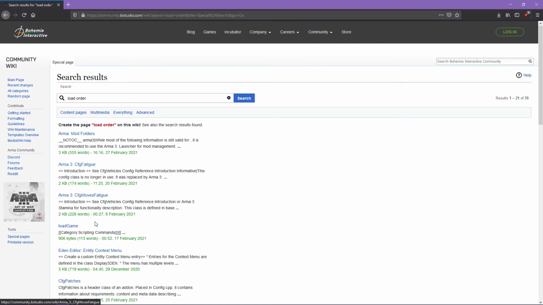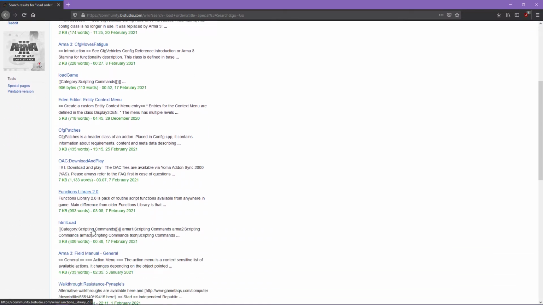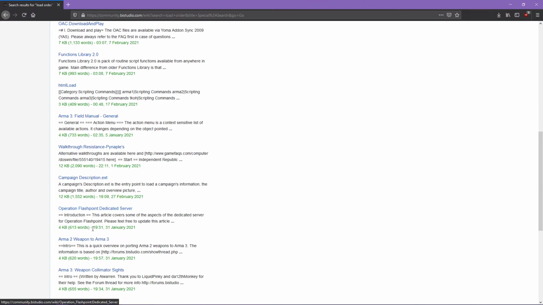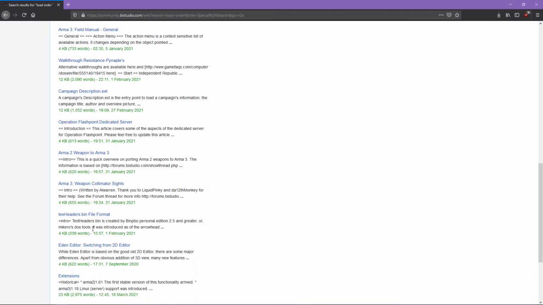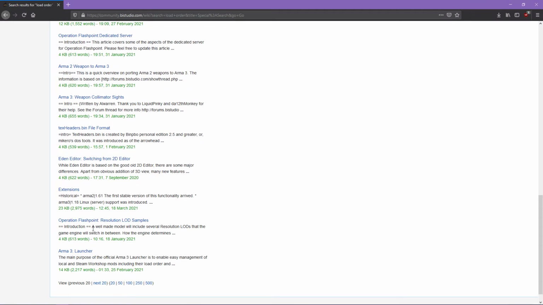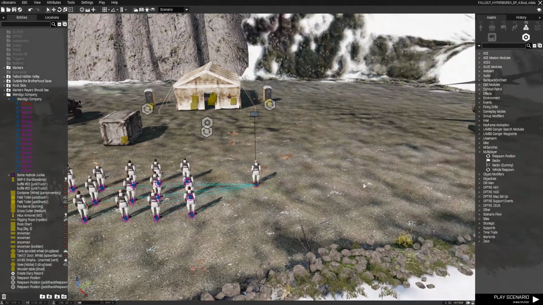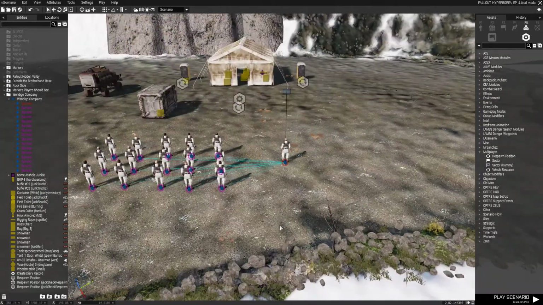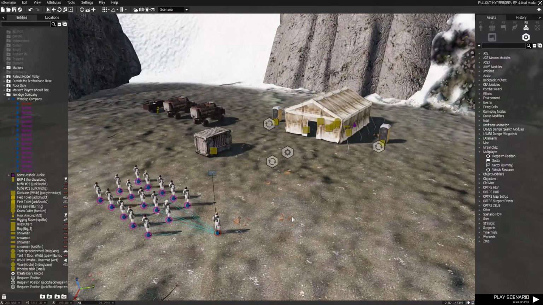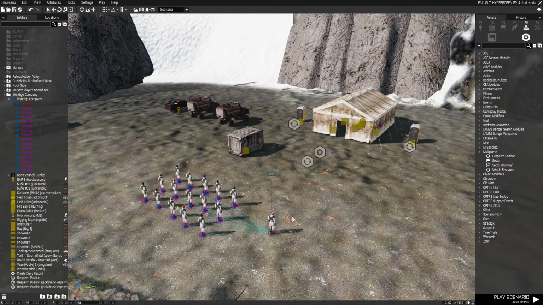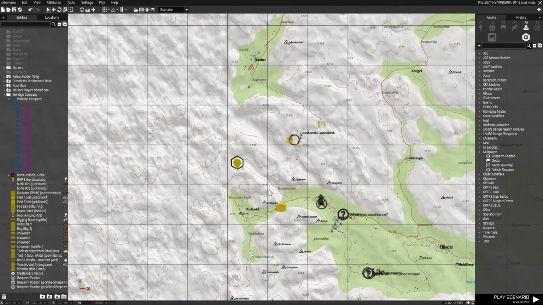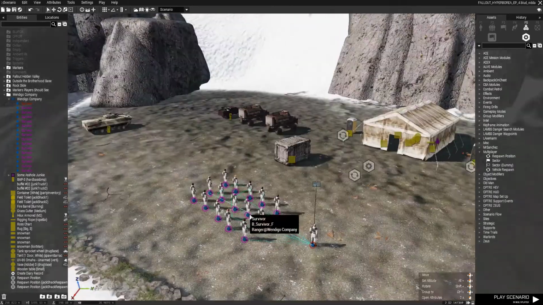Mod folders, no, shoot, what is it? There's a good article on the Wiki about this, and if you're getting into anything more complex than just popping stuff on a map, then you'll want to know that. I'm just throwing it in here because I'm trying to make time and think about everything else that you would want to initially do, because